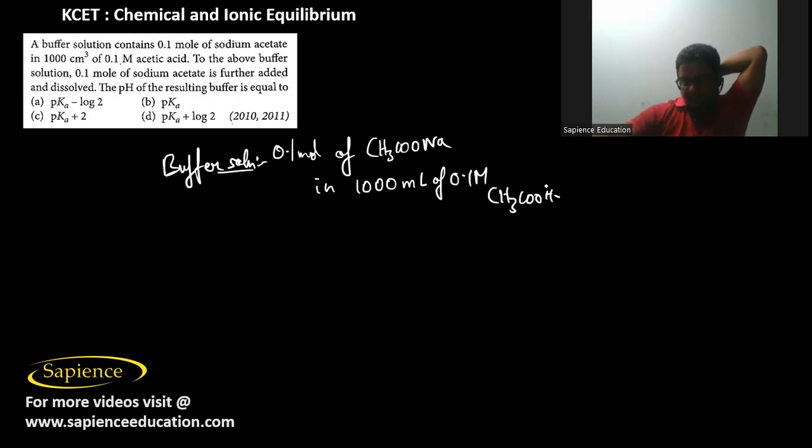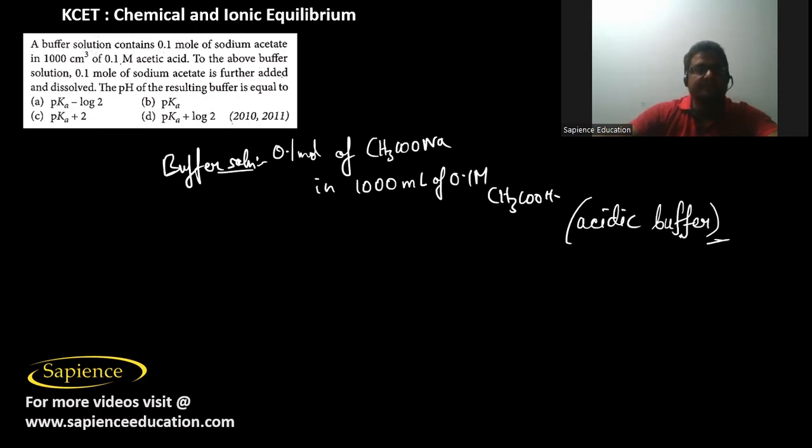So it means a weak acid with its salt with a strong base. So it is an acidic buffer. Now to the above buffer solution, 0.1 mole of sodium acetate is further added and dissolved. The pH of the resulting buffer is equal to,